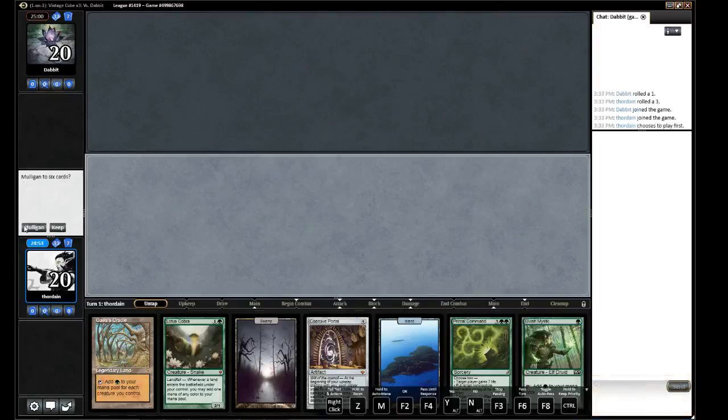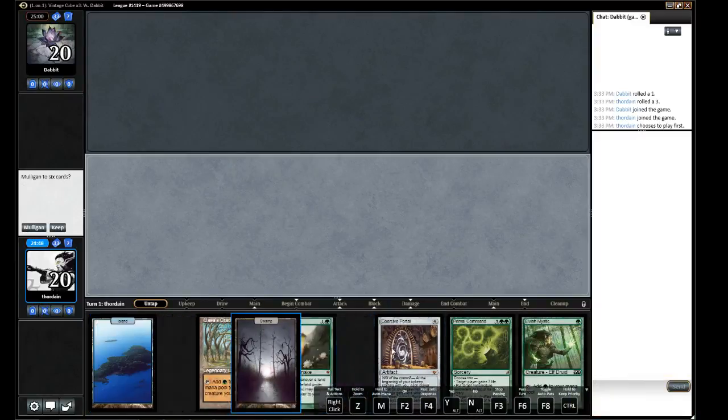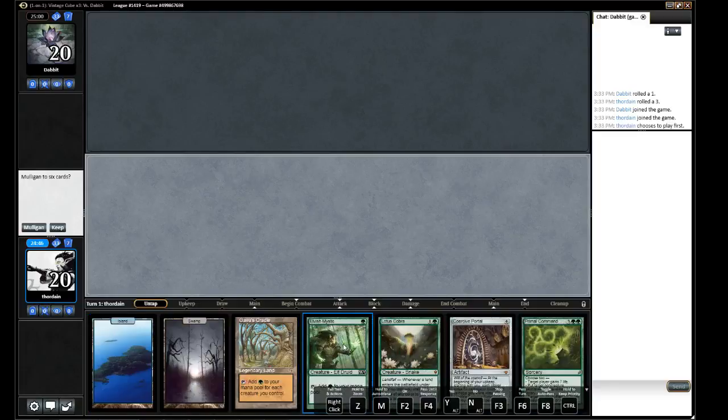Okay, let's see how we do. Okay, well, a very ironic draw here. We have everything, and everything's uncastable, man. I'm still gonna keep it. I realize this is greedy, but I feel like